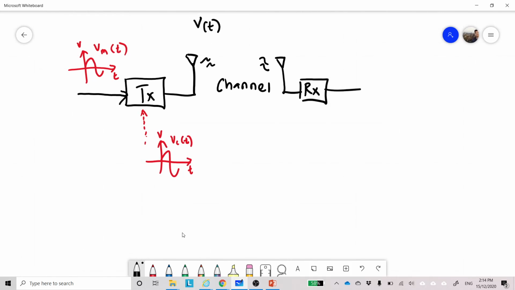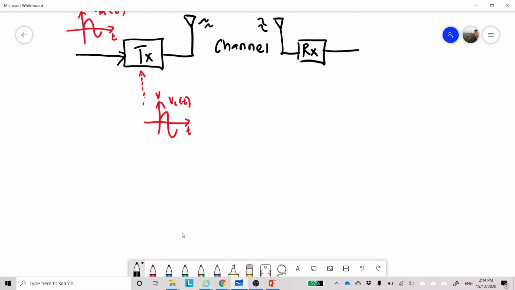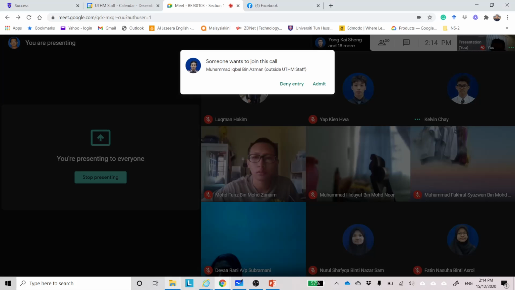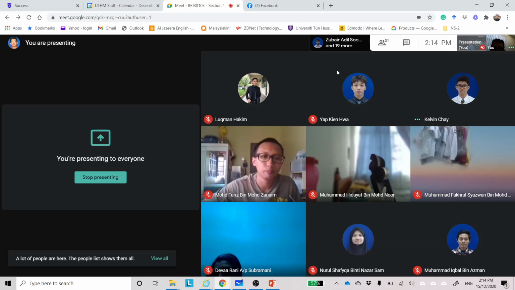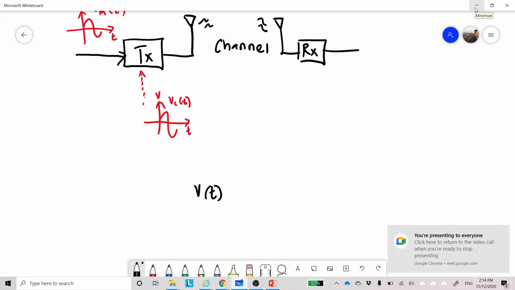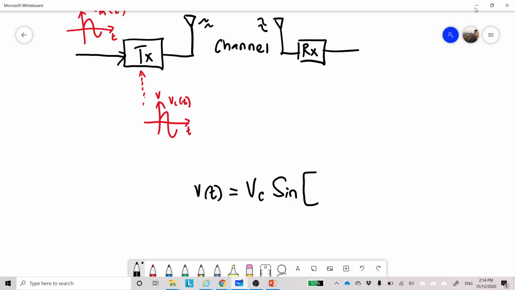Okay. So dalam you punya nota, in the notes, we have seen that the general equation about the angle modulation, which is VT. Sekejap, ada kawan kamu yang baru masuk. Okay. So in angle modulations, we have the general equation VC sine, remember big bracket, 2 pi FCT plus theta T, and then close big bracket.